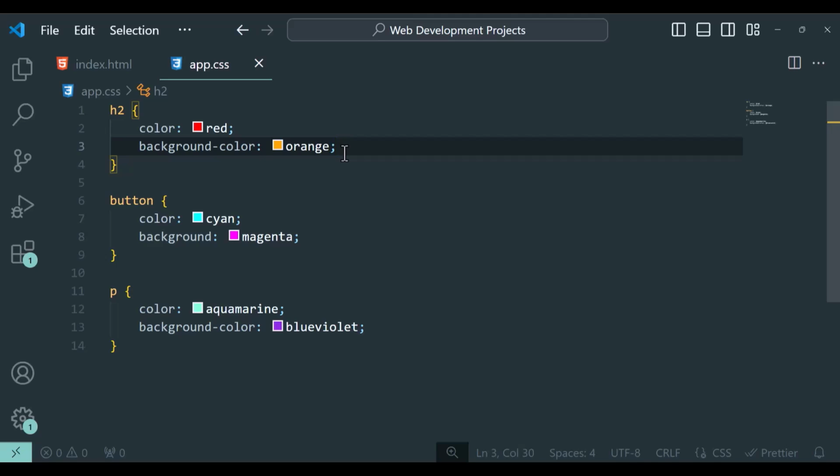Each of these colors can have a value between 0 and 255, where 0 means none of that color and 255 means full intensity of that color. For example, if I type here RGB, parentheses, and I put 255, 0 and 0, that is gonna give a pure red color because it has full intensity of red and no green or blue. Similarly, if I change this to